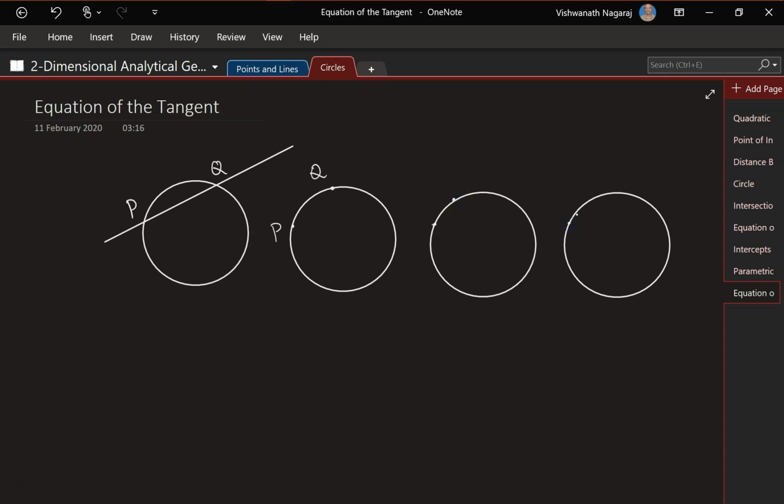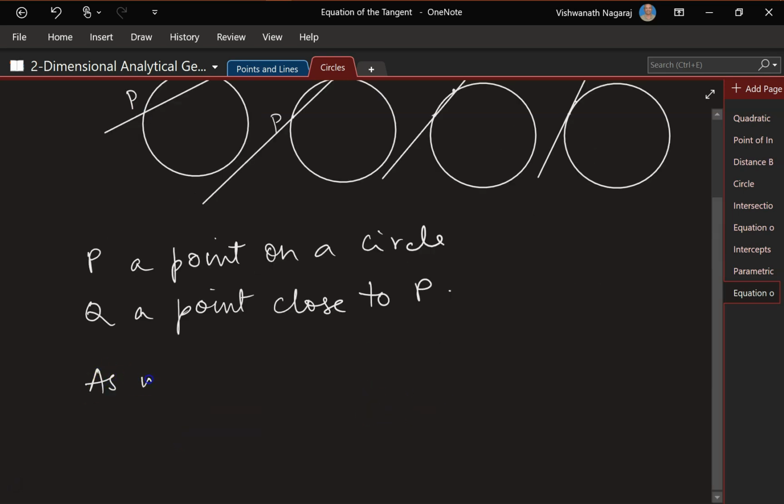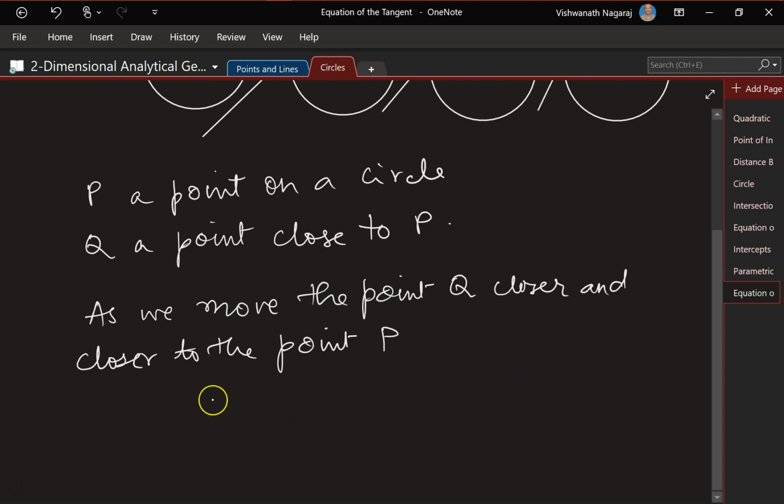Now as I bring Q closer and closer to P, what will happen is, so P, a point on a circle, Q, a point close to P. Now as we move the point Q closer and closer to the point P, that is, we say Q tends to P,